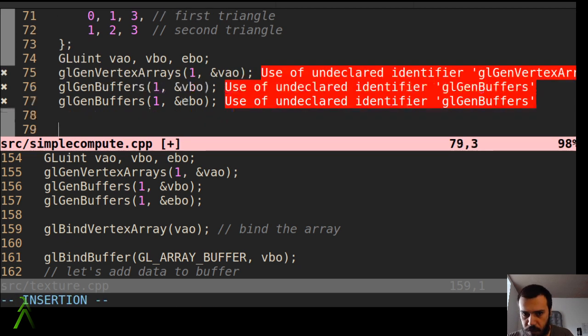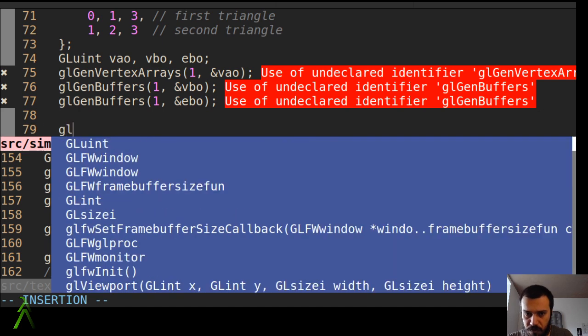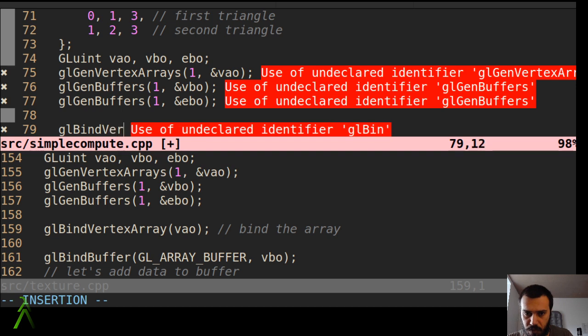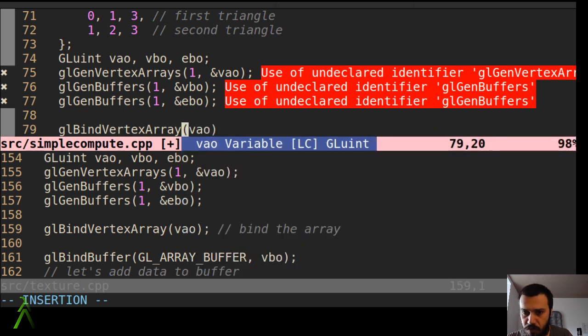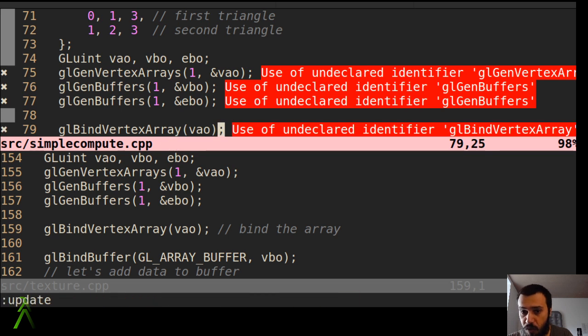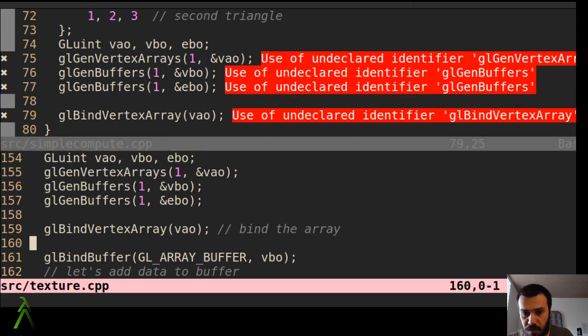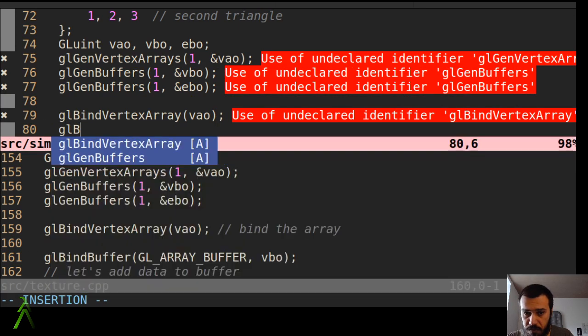And VAOs are not really an exception to this. We bind the vertex array that we are going to use, meaning that we want to process information with respect to this. We bind the buffer,